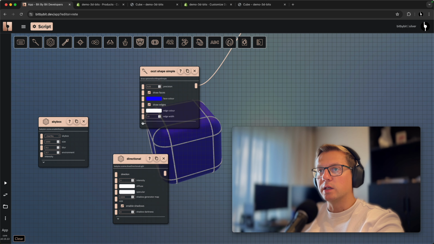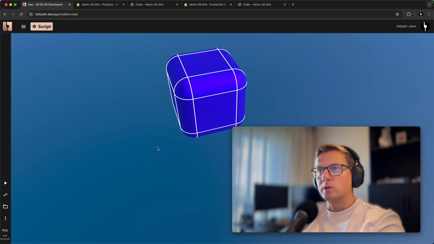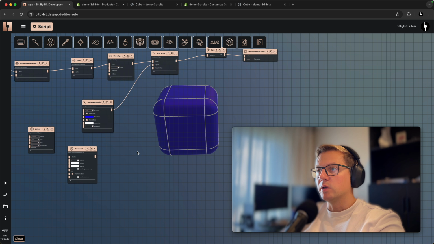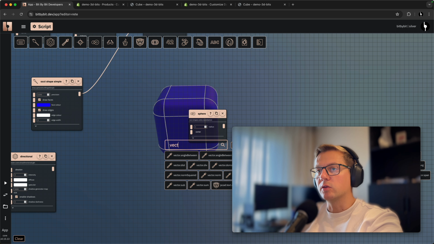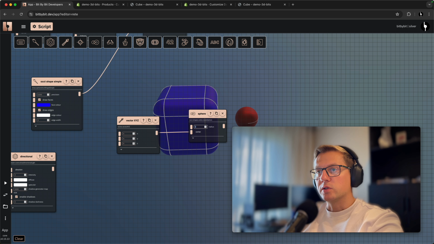What I don't really like is maybe the width of those edges. The precision could be a bit larger. That makes those edges look even better. So now the cube is looking great. And we can add even another thing into the scene, for example, a sphere maybe. So create sphere, and let's use a vector of x, y, z. Let's move it here. So maybe even further,